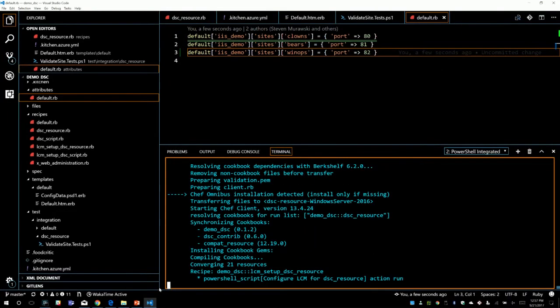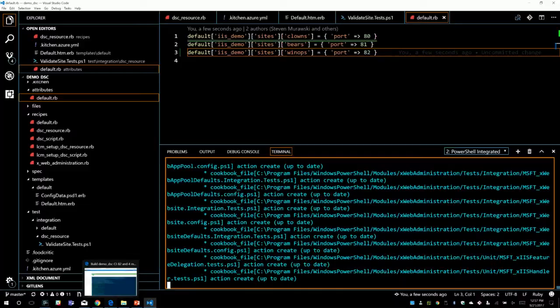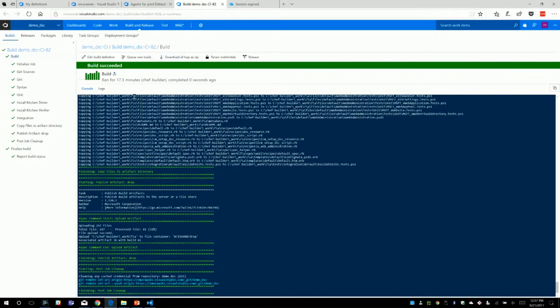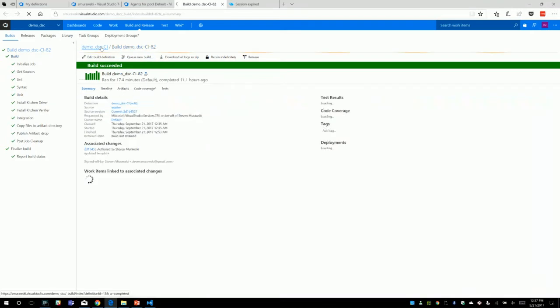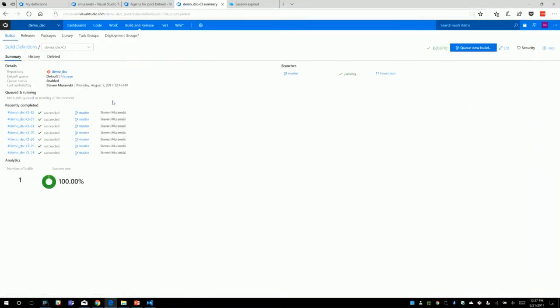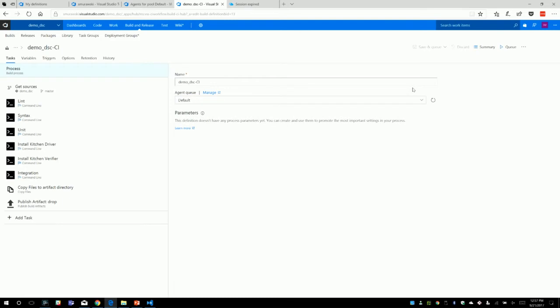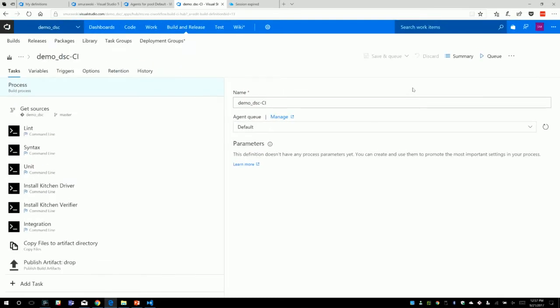And while this is running, I'm going to take us over and we're going to take a quick look at the CI build for this project. Now, we just looked with Sam at VSTS. This is in VSTS. You can build this workflow, though, in any CI tool. This could be Jenkins. This could be